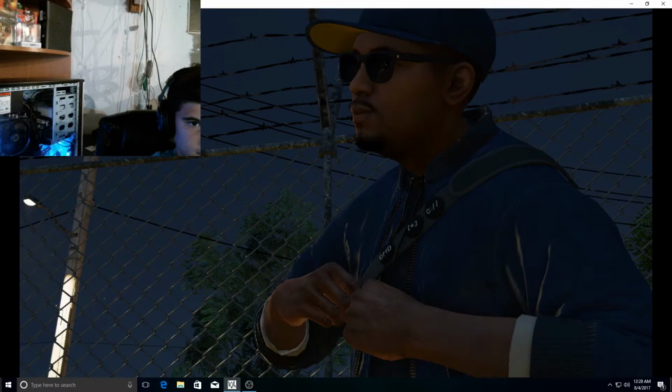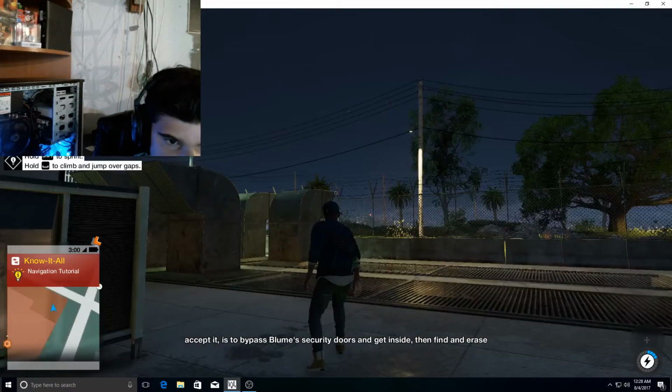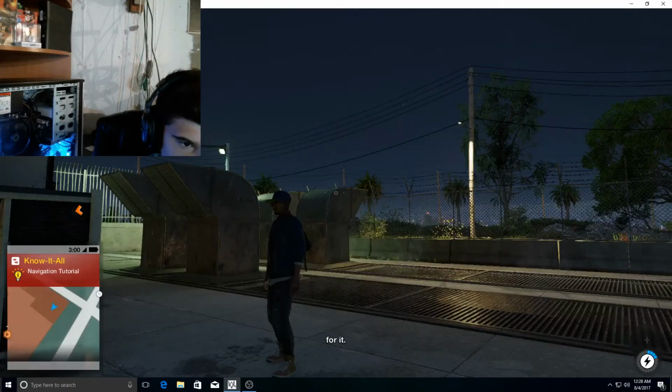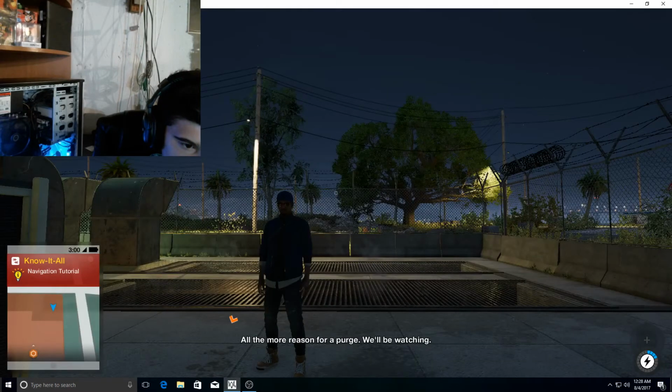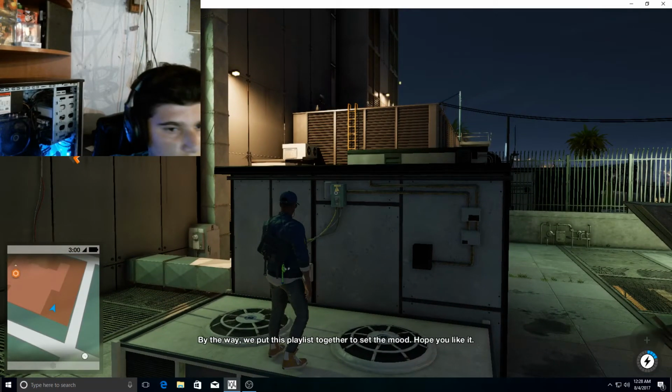Consider this your 10-sec initiation, Retro. Your mission, should you choose to accept it, is to bypass Bloom security doors and get inside. Then find and erase your personal CTOS profile. Whatever they have on me, it's all bullshit, and I'm sick of getting harassed for it. All the more reason for a purge. We'll be watching. So Gotta keep up. By the way, we put this playlist together to set the mood. Hope you like it. So guys,